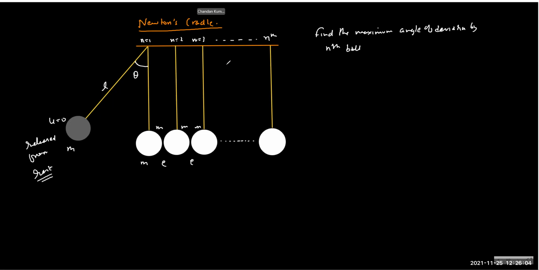So it's very simple. What you can do is simple. You know the velocity of approach for the first two balls, and then this velocity of the second ball will act as the approach for the third, and so on. So it's pretty easy. Can you do that? Oh, just wait, just wait. If I do so, then